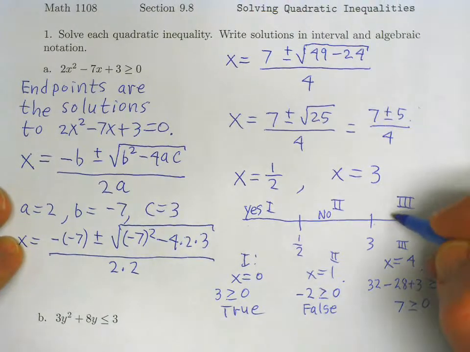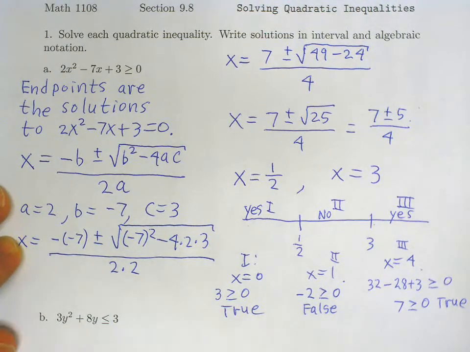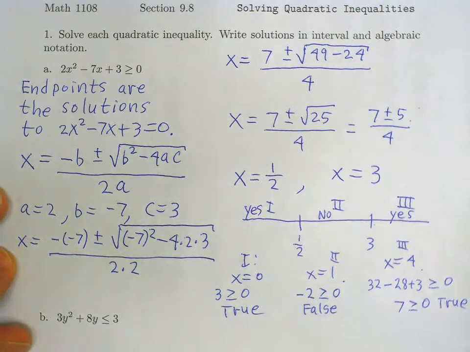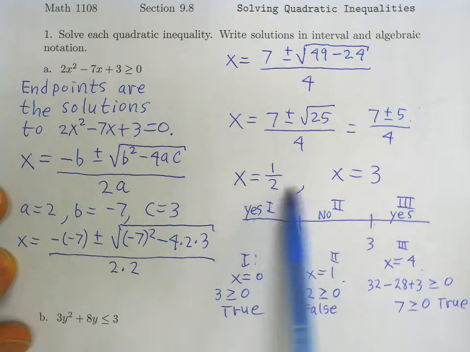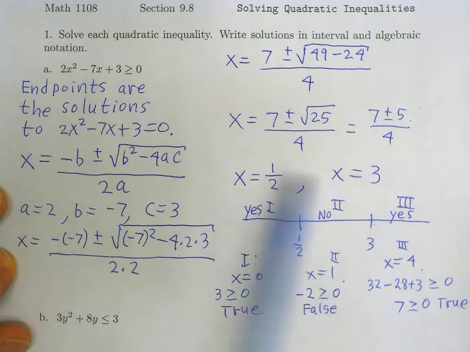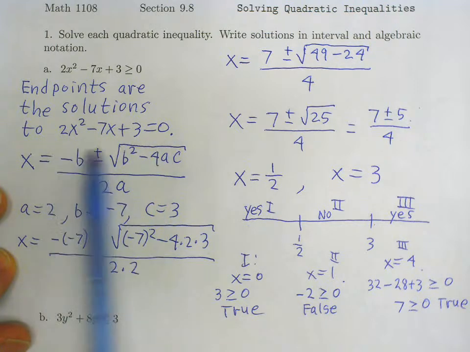Okay, so all of the numbers from 3 to infinity are solutions. Okay, the next question, do we include the endpoints? Well, in this case, we include both endpoints. Remember that both 1/2 and 3, those are the solutions to this equation, 2x squared minus 7x plus 3 equals